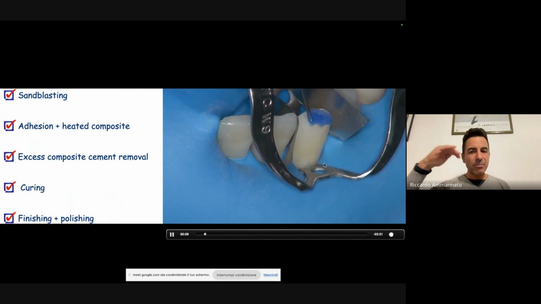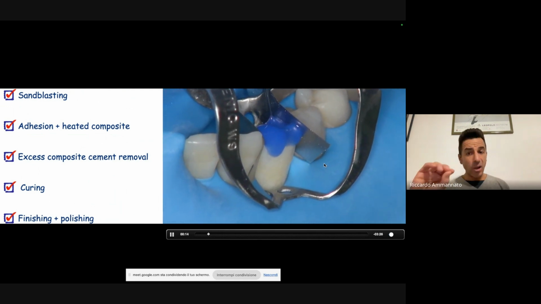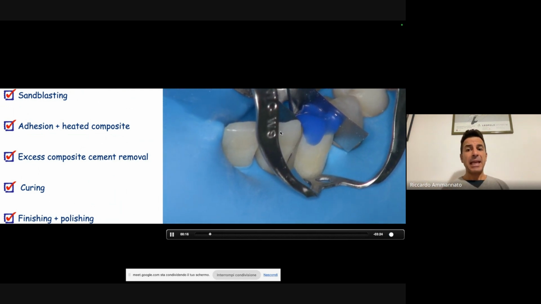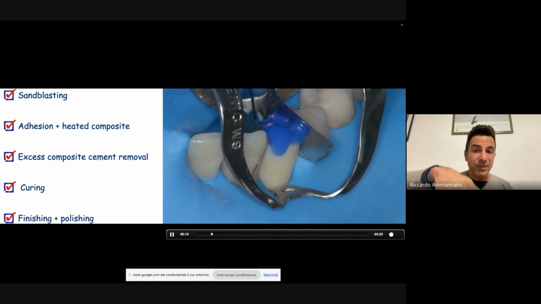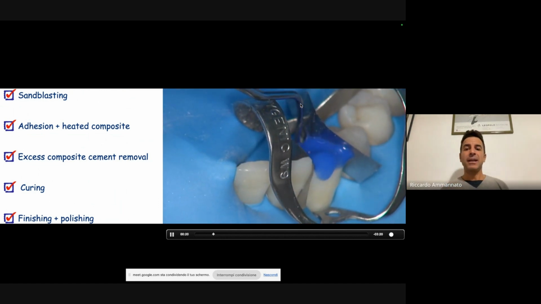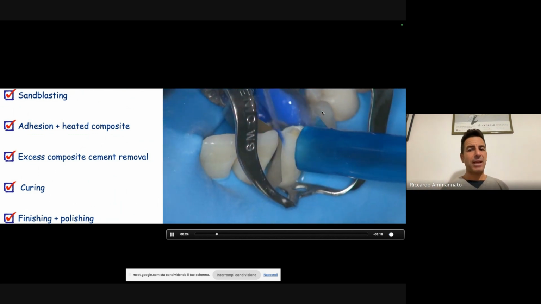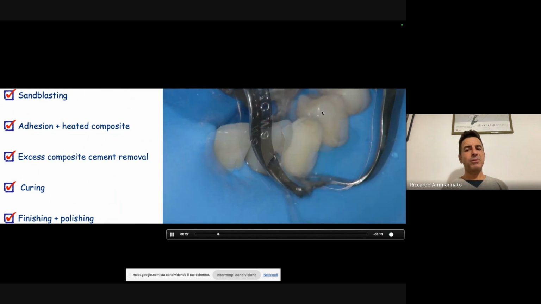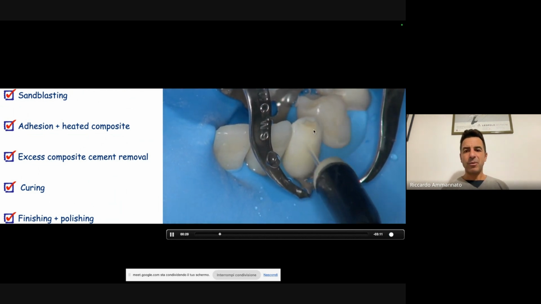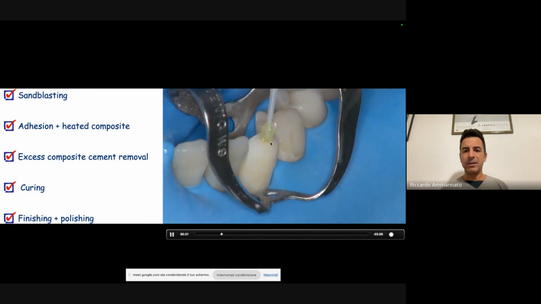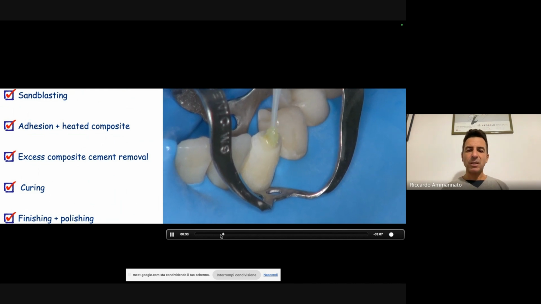And again, same procedure also for my veneer on the canines. So it's an incisal veneer that wraps also on the lingual side. Okay, so only a 45 degrees bevel, as I shared with you on the previous case, that is performed on this area right here, right there. So adhesion.